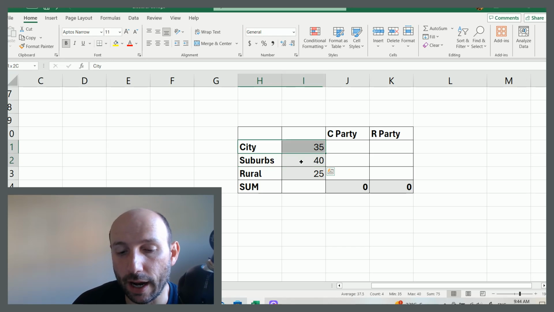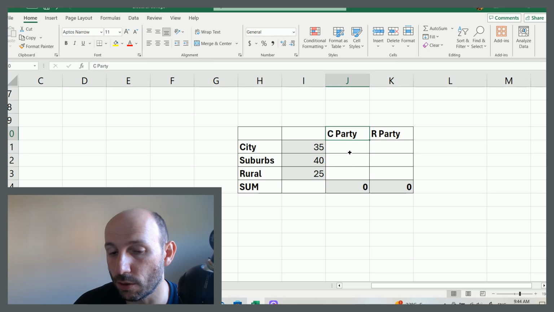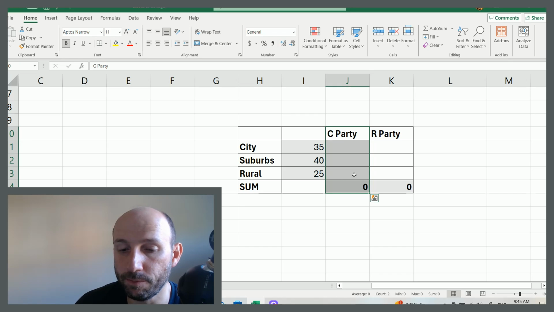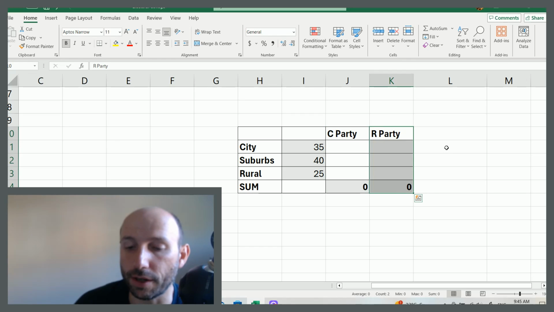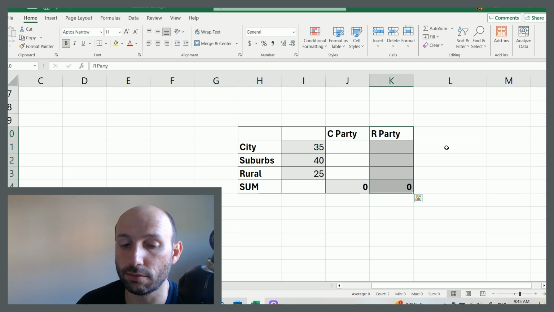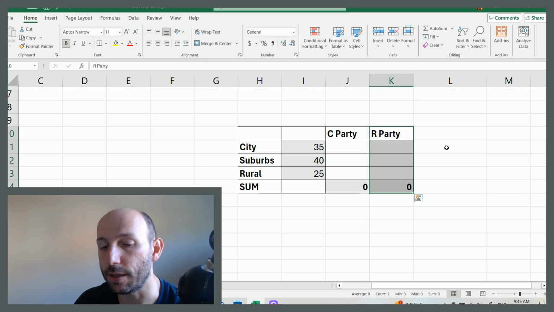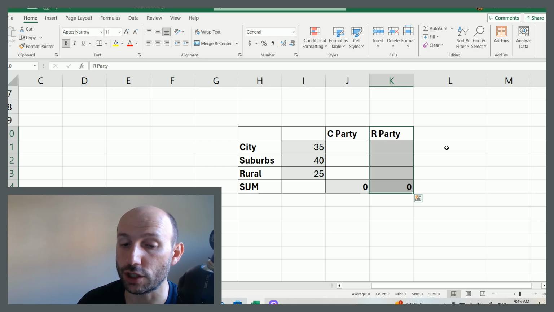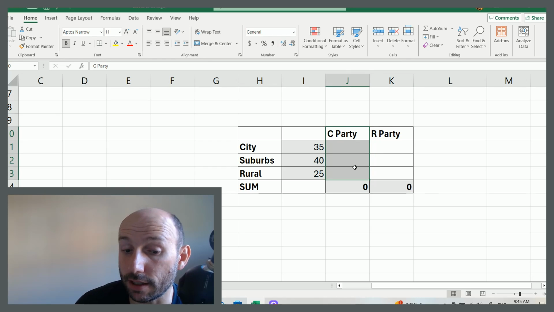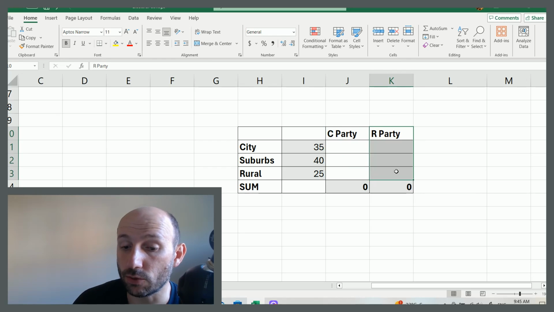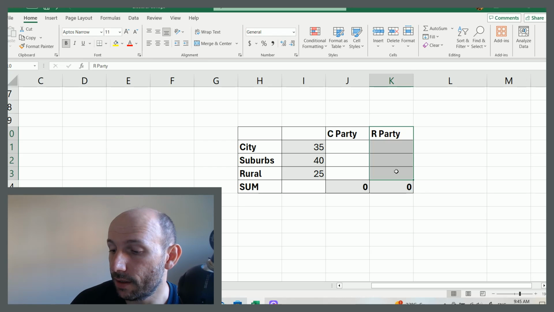Okay, so in our hypothetical country here, there are two political parties. There is the C party, a party that's more on the pro-city side of policies, and there's the R party, the party that's more on the pro-rural side of policies. And when I say pro-city, pro-rural, I don't mean they support positions that are better for these regions. I mean they support positions that are more popular in these regions. Okay, so the city party is really liked by the city people, and the rural party is really liked by the rural people.